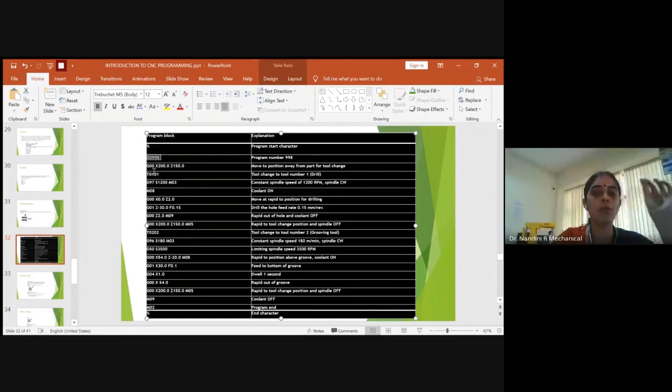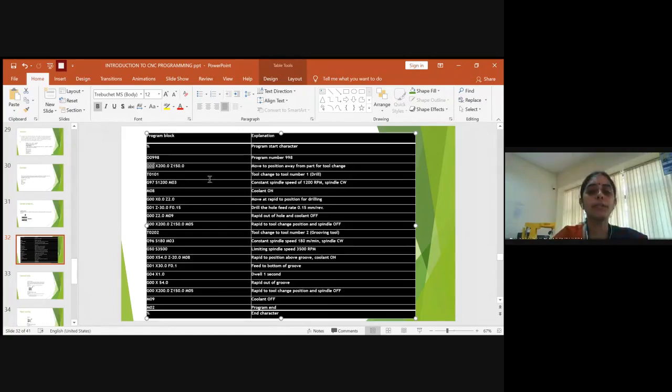Then you will always type the rapid traverse and keep the tool away from the workpiece based on the dimensions of the workpiece given. Then when the tool is away from the workpiece, you will put the tool which is necessary to perform the operation. Suppose drilling has to be done, you will feed the tool. The drilling operation tool is referred to as T01 in the database of the computer. So with that, you will select the offset.